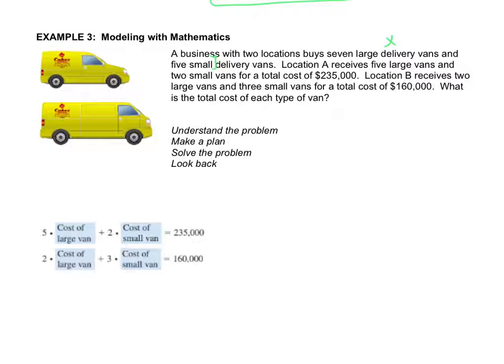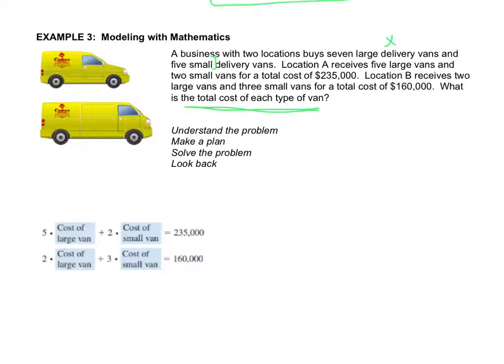So location A receives 5 large vans and 2 small vans for a total cost of $235,000. Location B receives 2 large vans and 3 small vans for a total of $160,000. What is the total cost of each type of van? So we're looking for the cost of each. So we kind of made this little